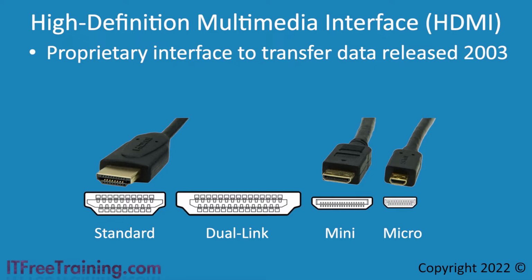The dual link connection has 29 pins. The extra pins double the number of data lines that can be used to transmit data. The dual link has never been used in a product before, but it could significantly double the amount of data a device could transmit. As we will see later in the video, the standard connector provides a lot of bandwidth already, so we may never need the dual link connector.